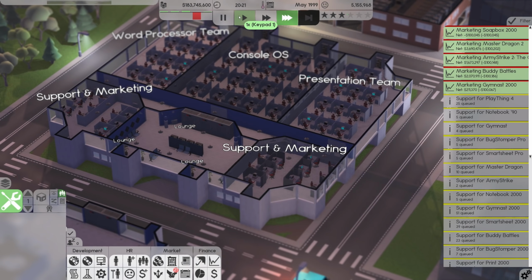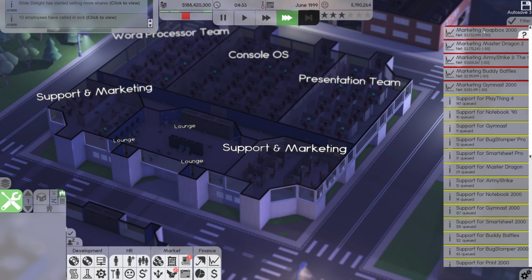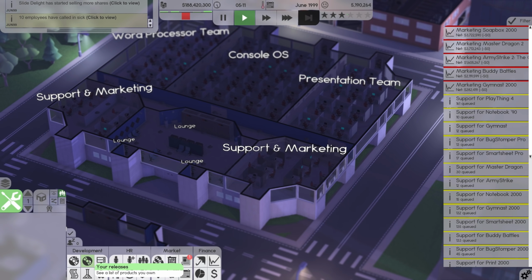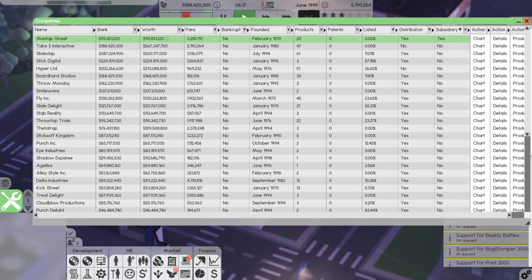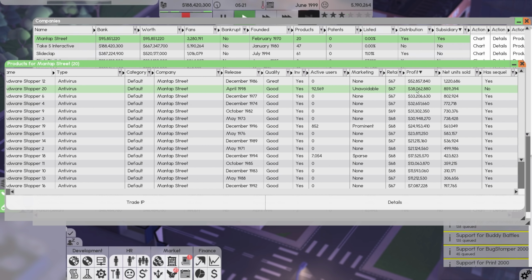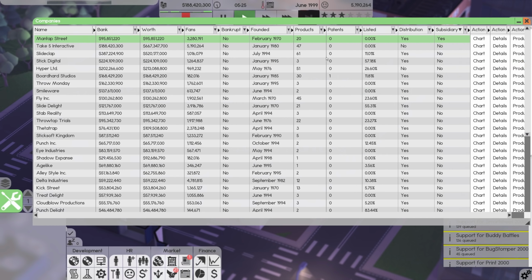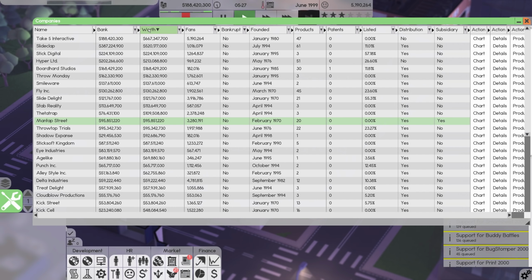I'm not expecting amazing things, but I will accept $3.7 million. So no complaints here. I don't think there's anything to port it to either, but that's fine. Subsidiary still losing money. That's great. Still making a little bit of money on that though, so not the worst thing in the world. No complaints there. And in terms of worth, I'm still up here.